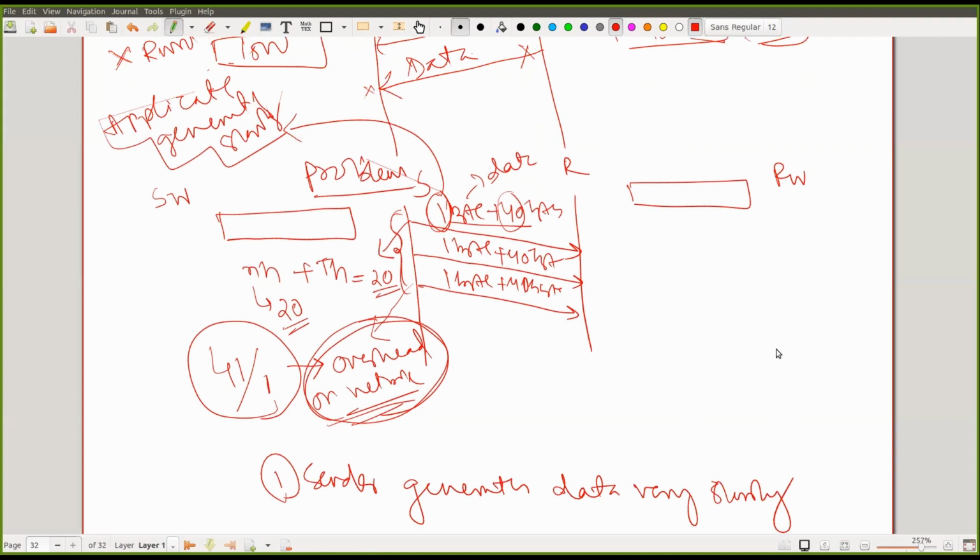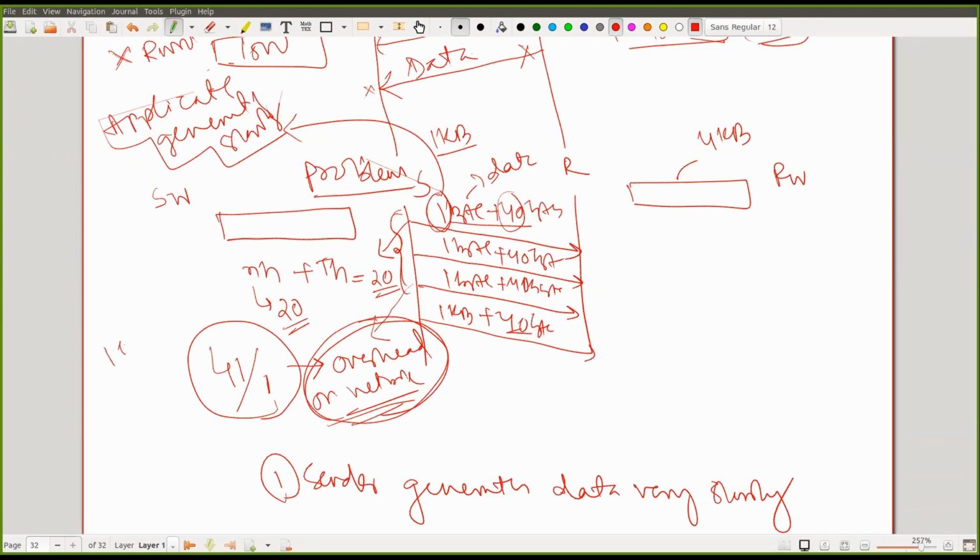Let's talk about the receiver. Let's say the receiver has a capability of 4 KB, and the sender generates data at the speed of 1 KB per second. So 1 KB of data is generated at one point of time, and as a consequence he's going to send 1 KB of data. If I assume the same header, 40 bytes of header, 40 bytes in 1 KB doesn't make much sense, so maybe the overhead is small. If I look into the overhead, how much overhead will there be here?